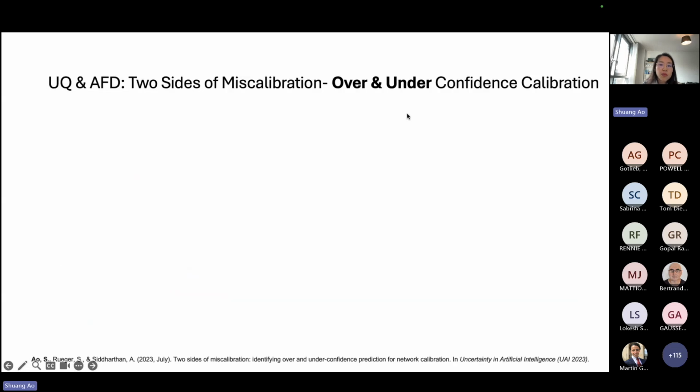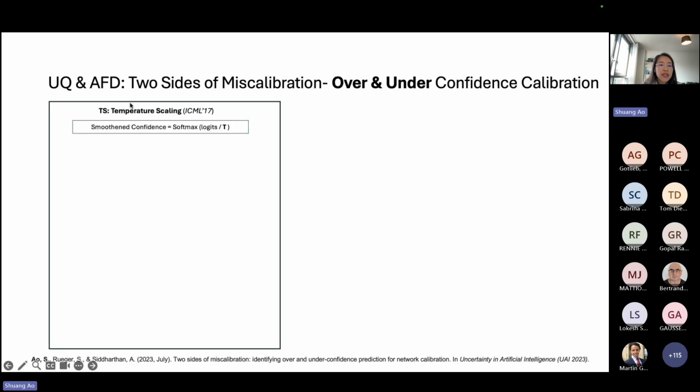So that is label smoothing, and it deals with overconfidence. Now, how about the other side, the underconfidence part, which is much less explored. The method we investigate is called temperature scaling, which means it applies a temperature value, called T, to the logits. In this way, you will clamp down some very high values.